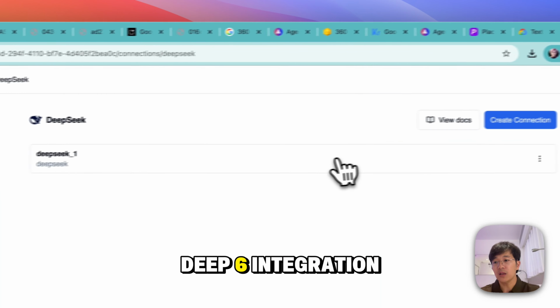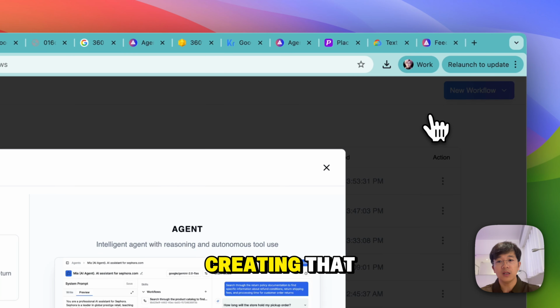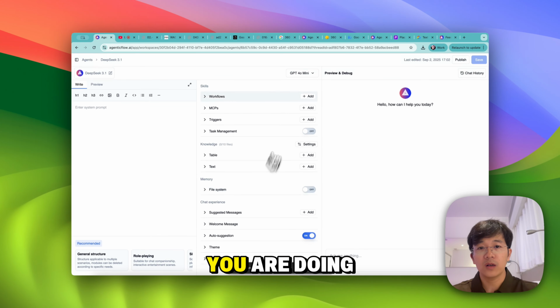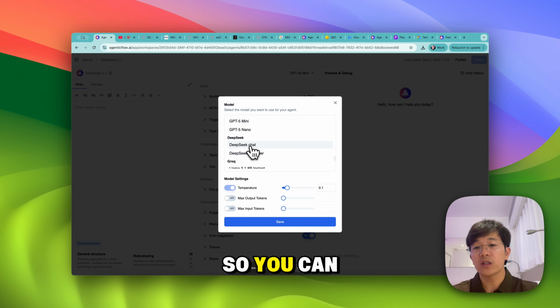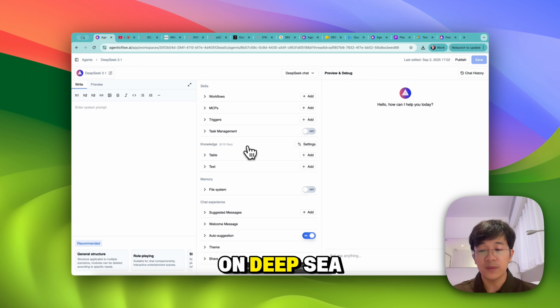So you can create a DeepSeek integration, and then in your workflow you can choose DeepSeek chat. On the DeepSeek side, they already route DeepSeek chat to 3.1, so as long as you choose DeepSeek chat here, it's routing to 3.1.